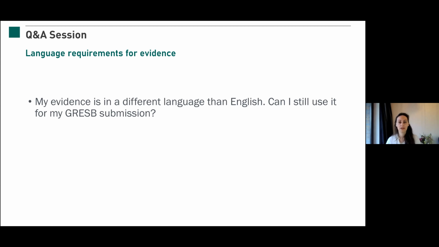And that's not what we're trying to do here. We're trying to understand what the evidence is about. So that's the key thing here. So make it as straightforward as possible for the validators to look at your evidence piece and to understand what's going on there, and to be able to find that information. So that's the key takeaway message here.